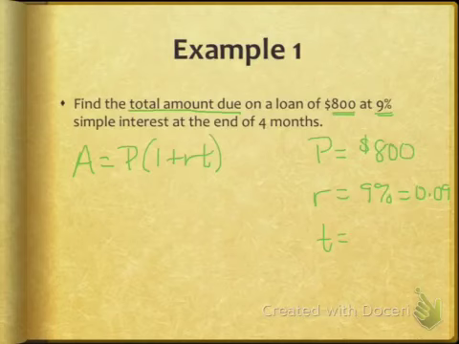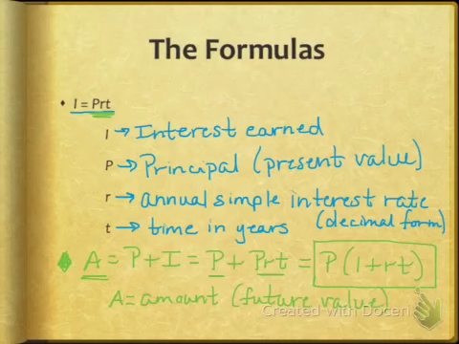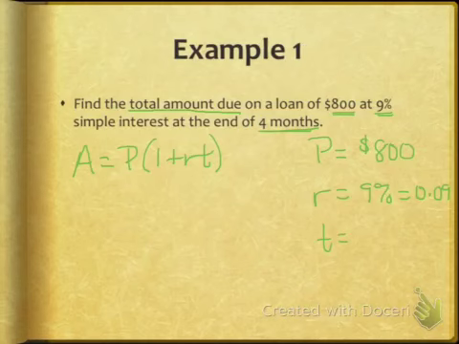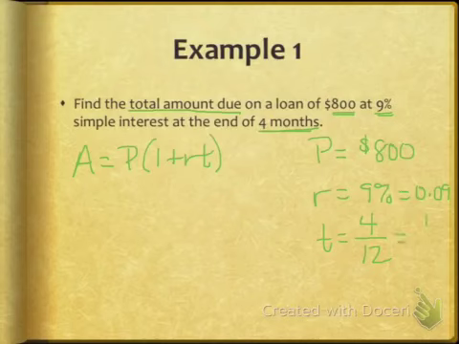Now what about the time? Take a minute as we pause the video and write down what you think we should put in for the T value to represent the time for this loan. Now hopefully you realize that we're being told time in 4 months, but back in our last slide we said time had to be represented in years. And so when we set this up, we have to think of what part of a year 4 months would be. So 4 out of 12 is equal to 1/3 of a year, and that's the value we'll be using